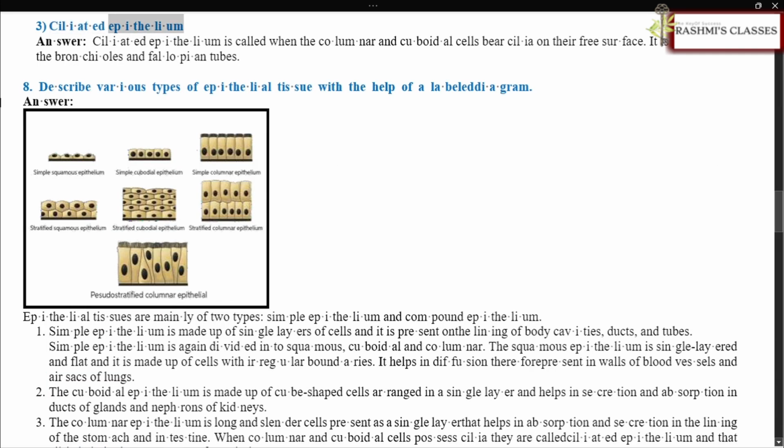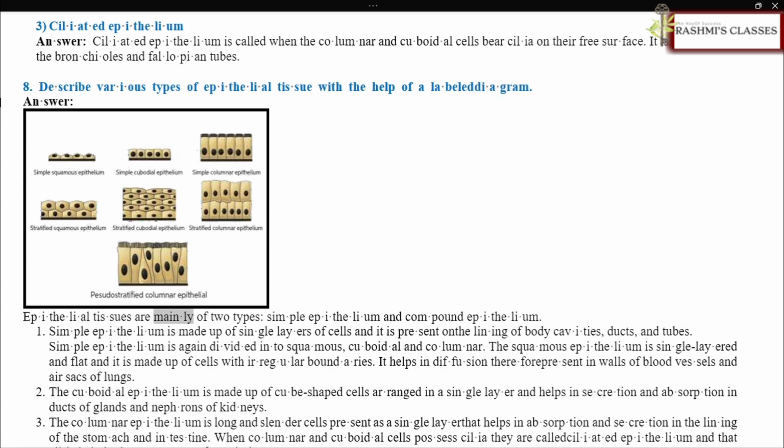Ciliated epithelium. Answer: ciliated epithelium is called when the columnar and cuboidal cells bear cilia on their free surface. It is present inside the bronchioles and fallopian tubes. Describe various types of epithelial tissue with the help of a labeled diagram. Answer: